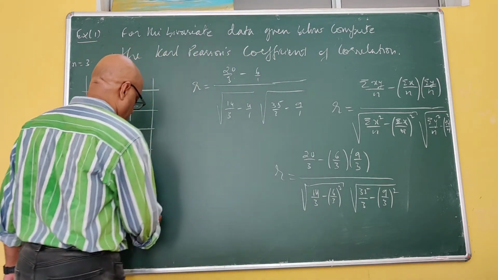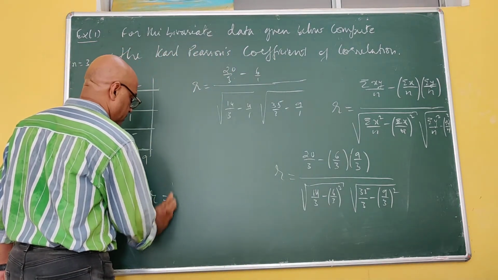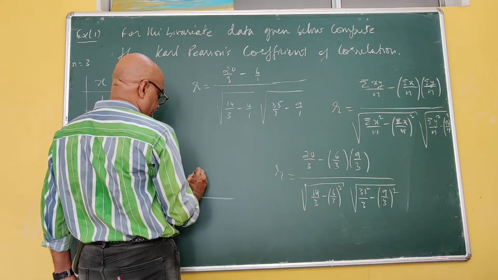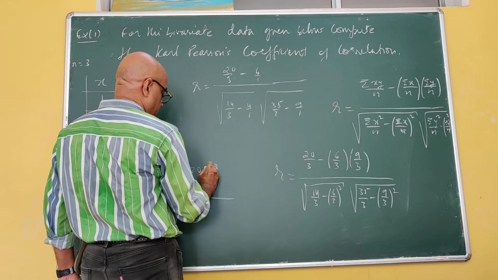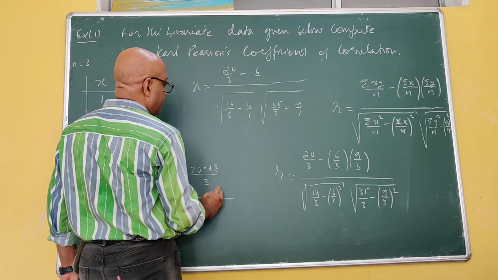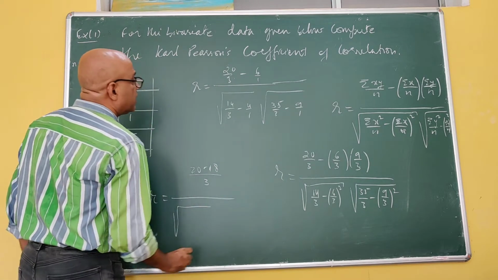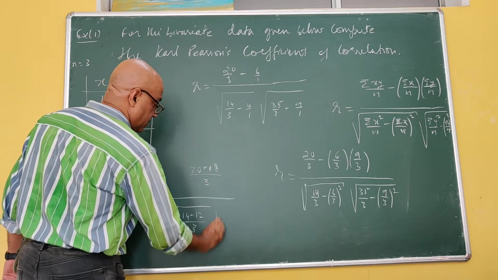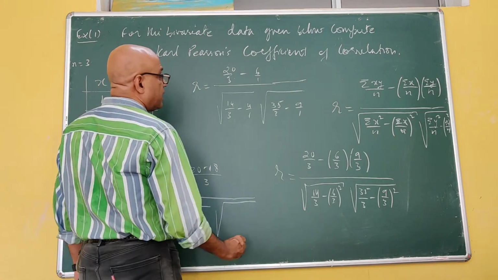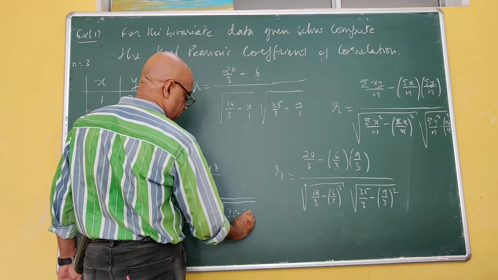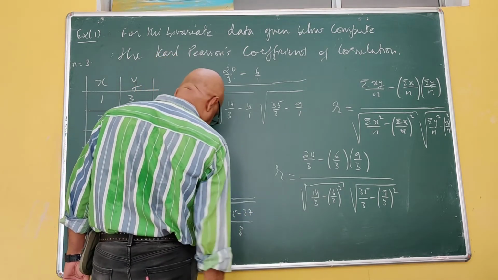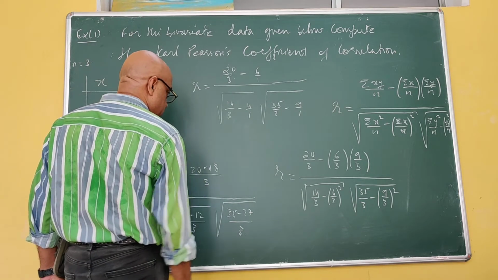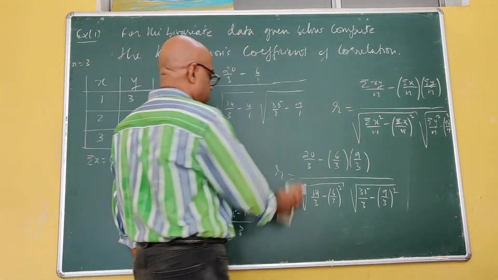So finally you get R equal to, the numerator becomes 6 threes are 18, so 20 minus 18 divided by 3, you have square root of, I should not be doing all these simple calculations for you, 14 minus 12 by 3, and this is 35 minus 27 by 3. Well, this root 3 into root 3 will give you 3, and this 3 will get cancelled, and so your R is going to look like,